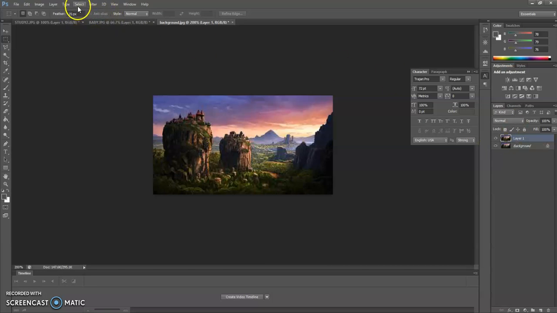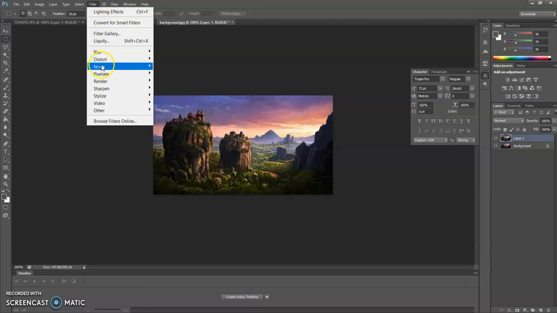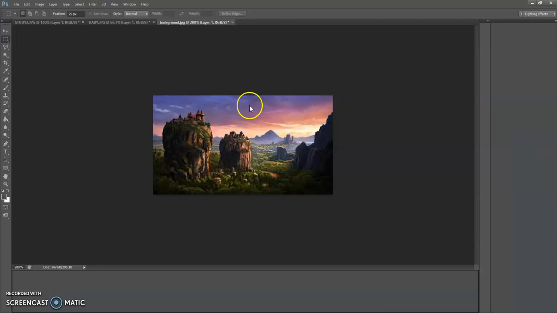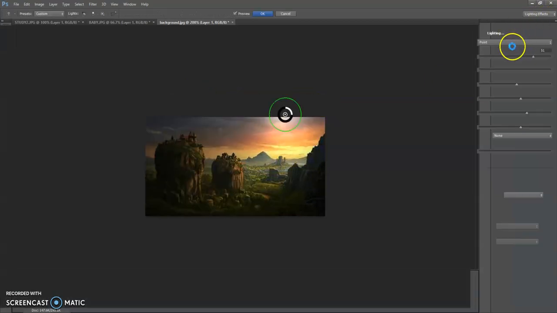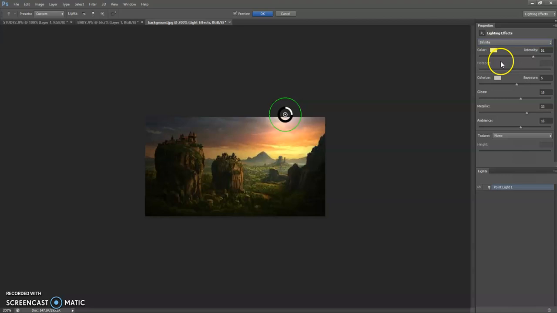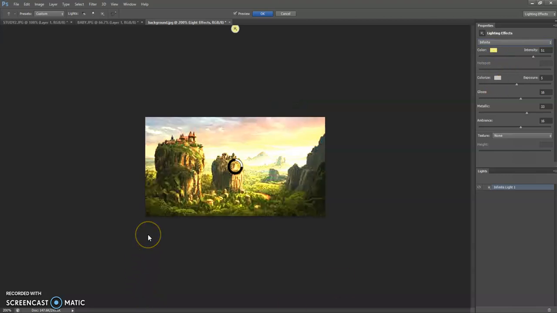That's why I'm copying. Again you go to the filter menu and select the render submenu item. Then from there you select lighting effects. Now you select the third lighting effect, which is actually infinite. You can see the original image was in purple color. Now you can see the yellowish because I've changed my color into yellowish. If I had changed it into white, the image would have been a combination of white completely. But I'm having a greenish yellowish, so that's why my infinite covers the entire image.